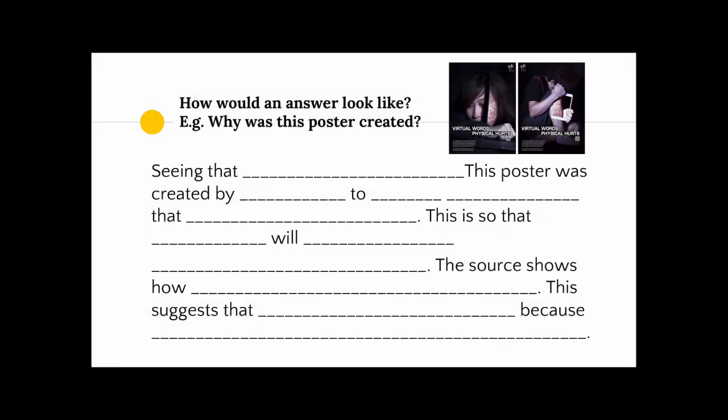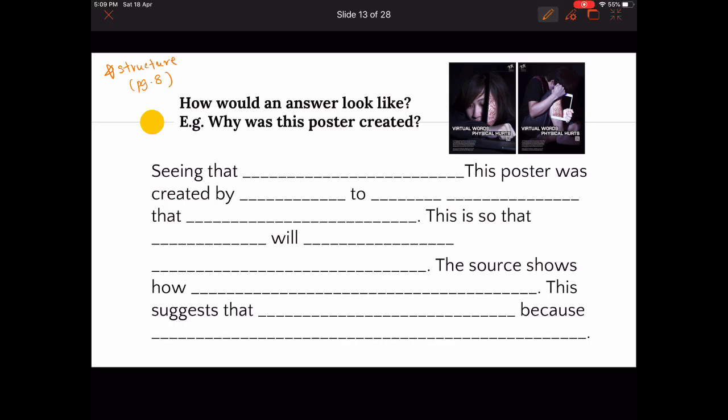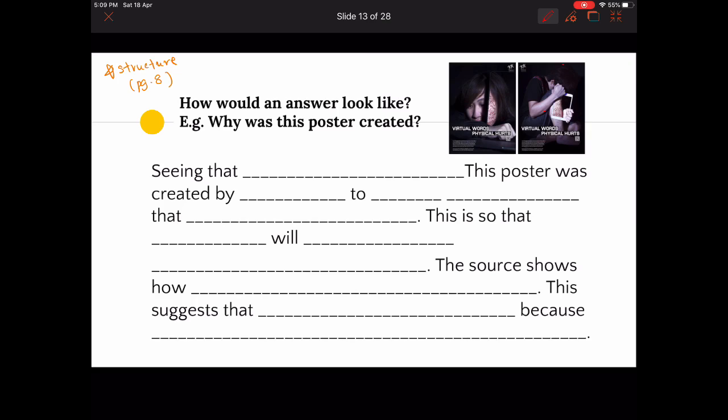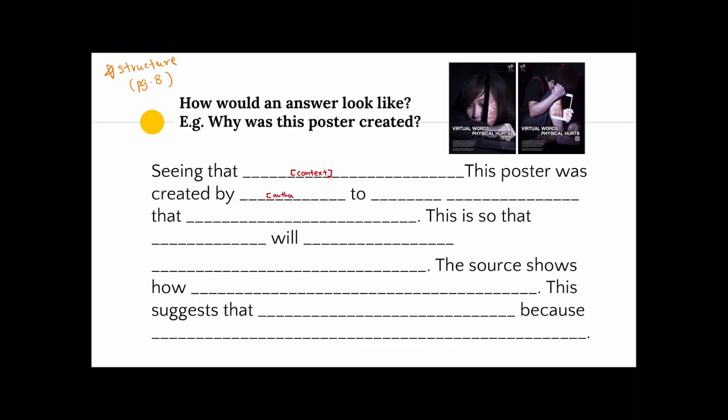Okay, so we are going to look at how to structure your answer. This can be found on page 8 of your resource package. So where does all your CMAO go to? Seeing that, you start with your context first. So what is happening that made this source necessary to produce? This source was created by the author